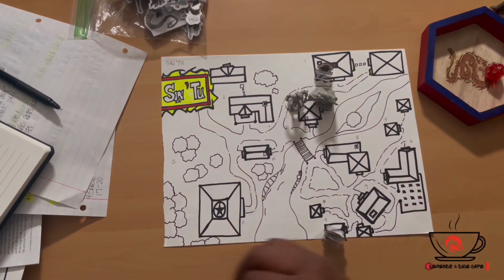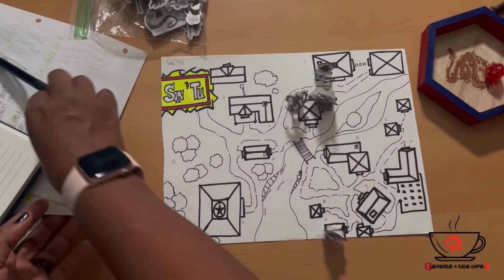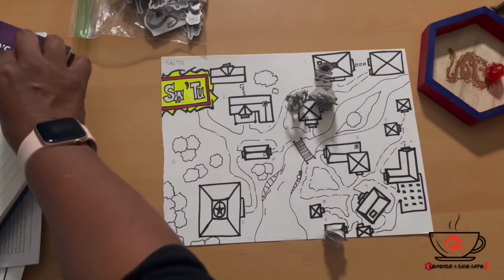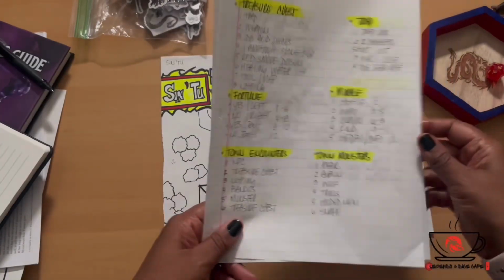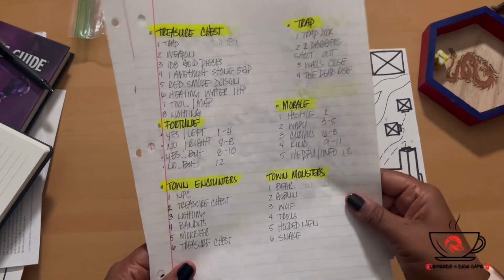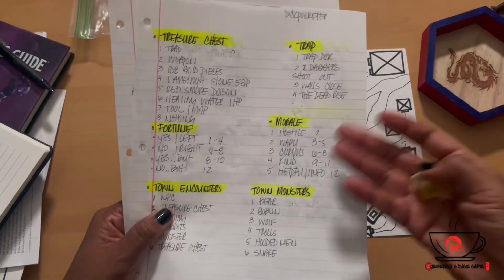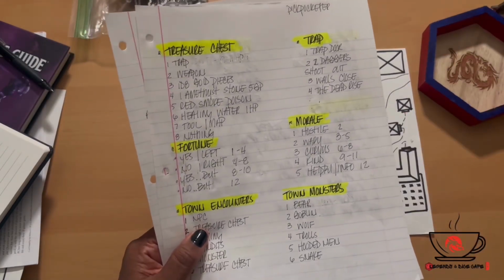Boom. So number 3. And let's roll up and see what type of encounter we're going to come into at number 3. All right, town encounters, D6, sorry. Let's see, number 1. So we come into contact with an NPC. Let's check for the morale. So, D...